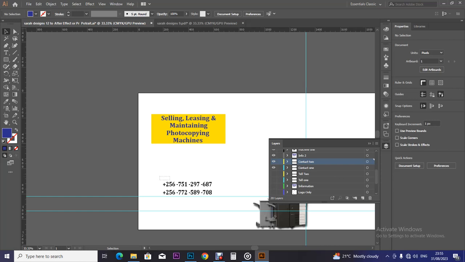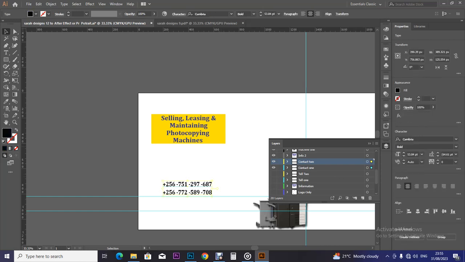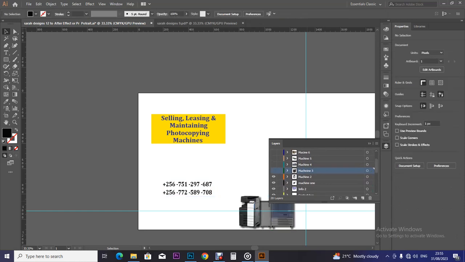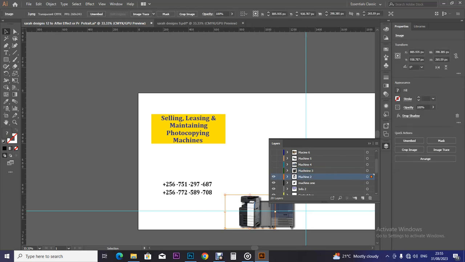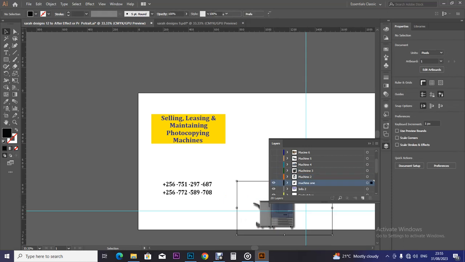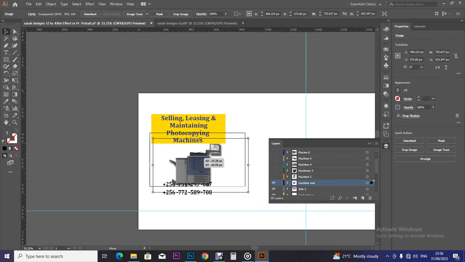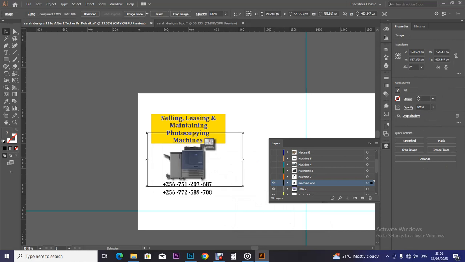If we select them like that, now we are going to place them where we think after placing these machines. Okay, so we get the first machine, yes, this is our first machine. So if we bring this machine 1 in the middle somewhere there,